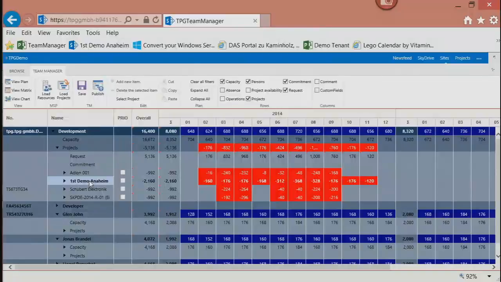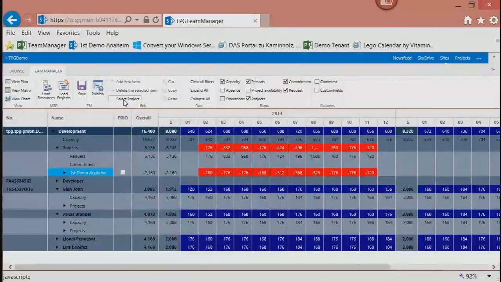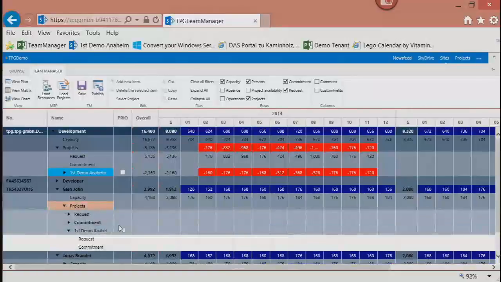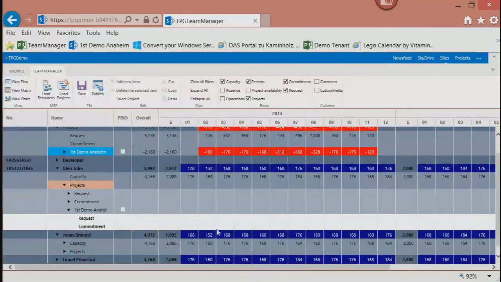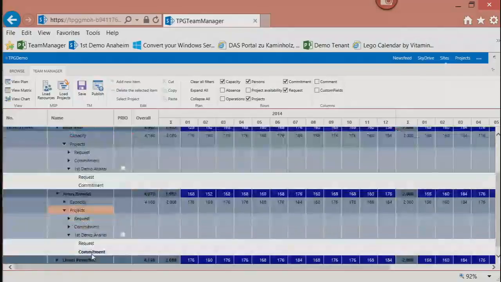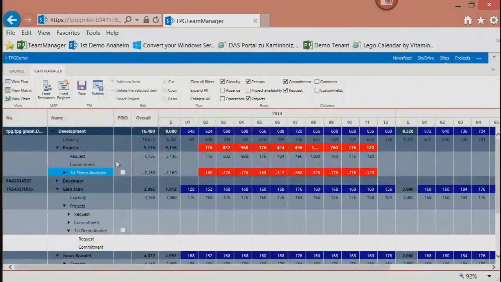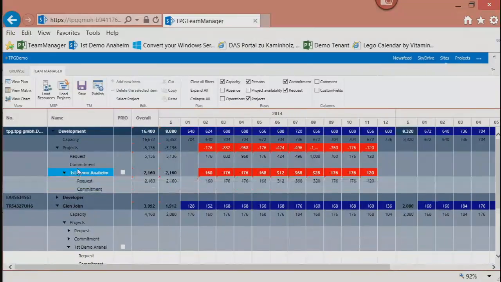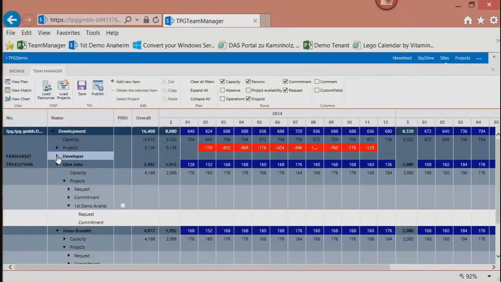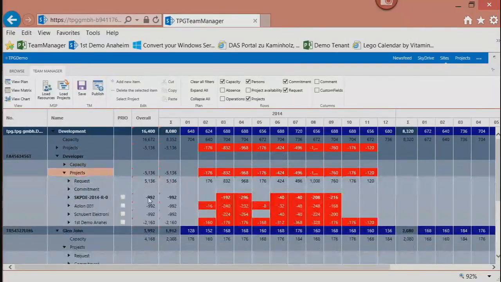Then I can go to that project and start assigning people to that project. They are already assigned to that project, but just they got an assignment line. So select the project, which takes everything else away, and when I open here, I can see, okay, there is an empty area for John and for Jonas. So now I can go to the request, which is not here, which is on the developer, because it was